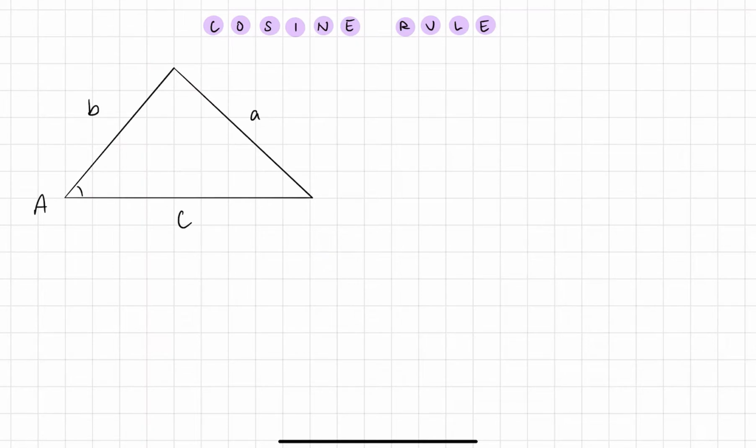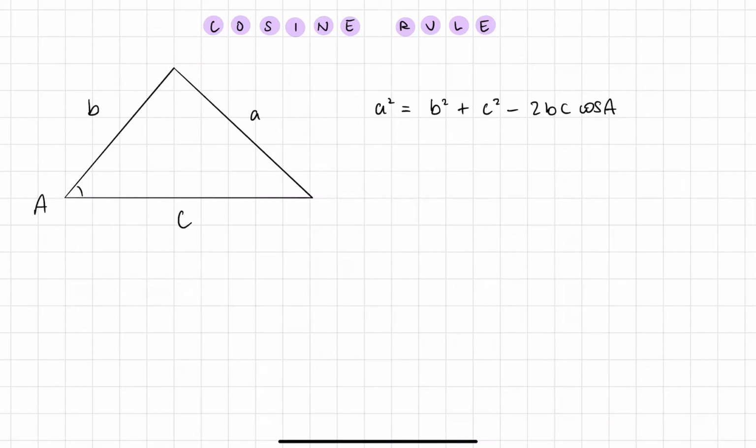Now, the thing with the cosine rule is it involves three sides and an angle, okay? Whereas the sine rule involved two sides and two angles, right? So the cosine rule is the following. a squared equals b squared plus c squared minus 2bc cos A. Okay, so